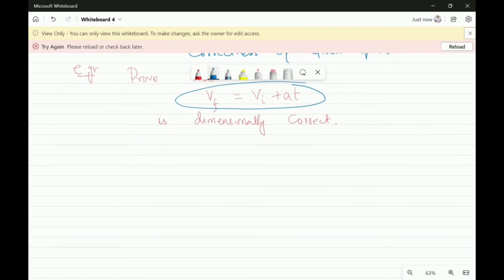So look, definitely the equation is having two sides, left hand side and right hand side. So taking left hand side,